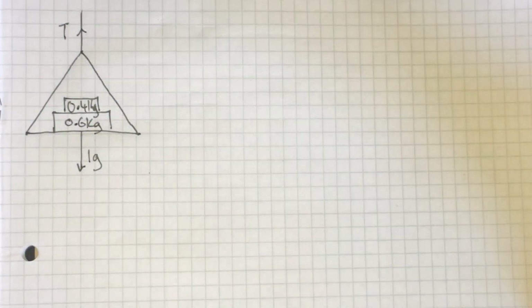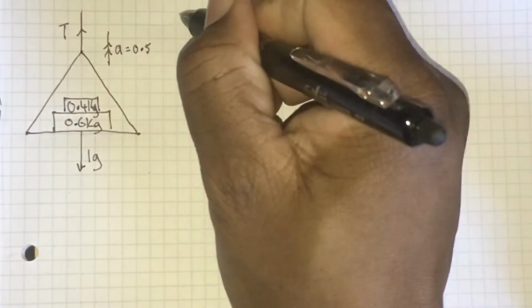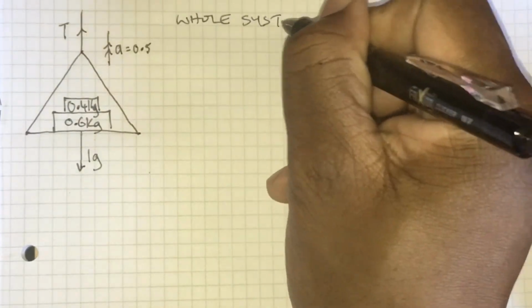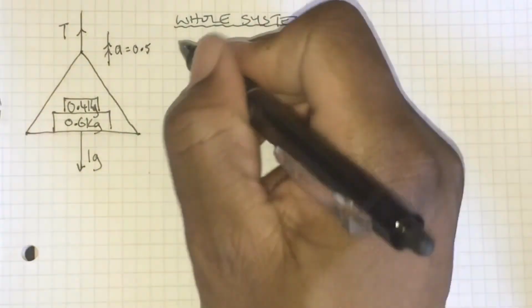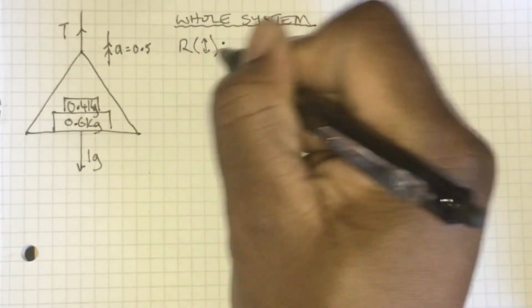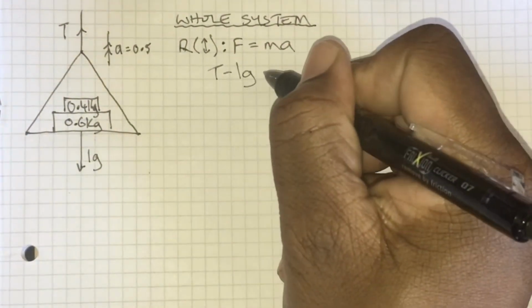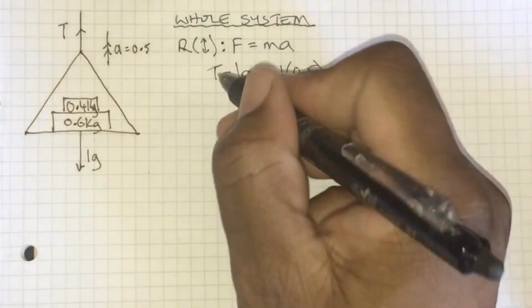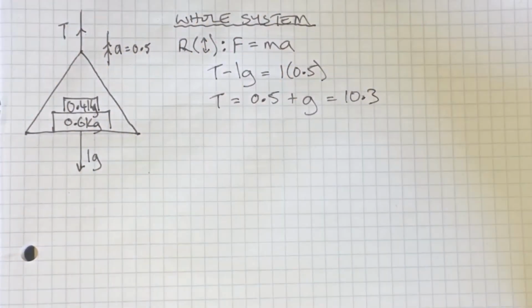We're also told that the scale pan is raised vertically and its acceleration is 0.5. So just thinking about the whole system here, we're going to resolve some forces. I've got the tension moving in the positive direction, and I've got the weight of these two objects moving downwards. The pan itself has no weight. We are told it's a light scale pan. So the weight of these two objects together is 1 kilogram, which I'll represent as 1g. So using F equals ma, we get T minus 1g equals 0.5,